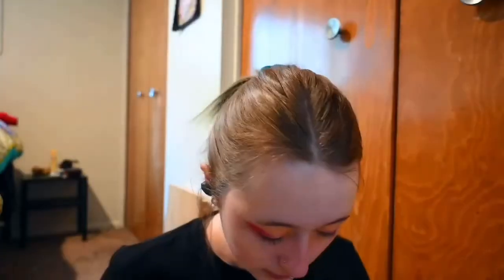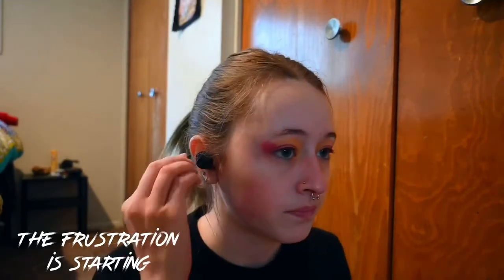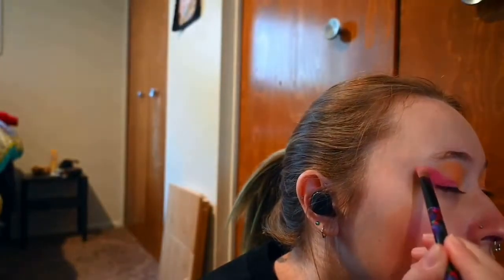This color is called Cake. It's this one right here. So we're trying to get a lot of pigment and then blending out that pigment. I swear I've done makeup before, but this does not look like it. We're just gonna add a little bit more into the situation. And then she's kind of blending it out a little bit. So let's see